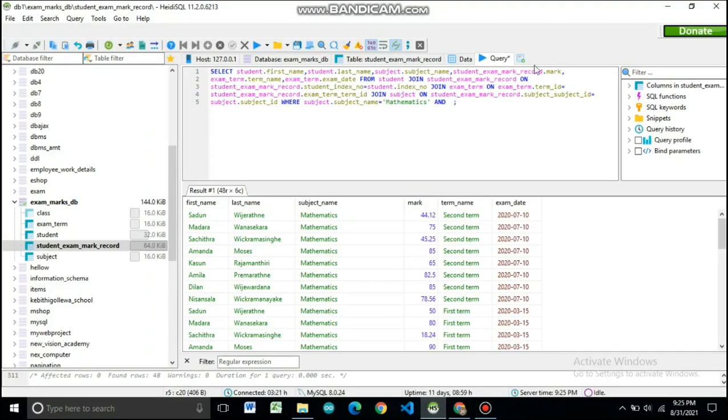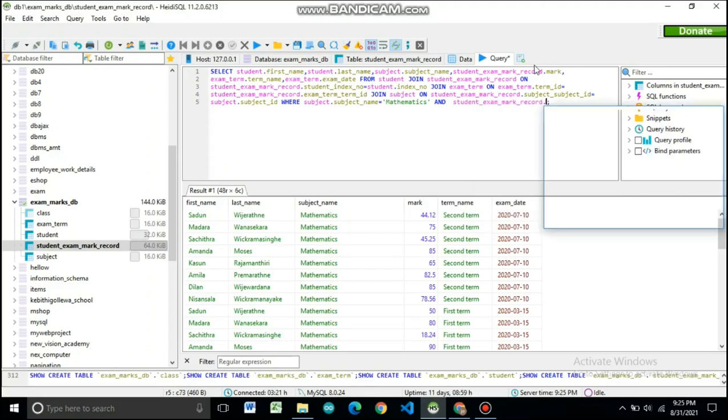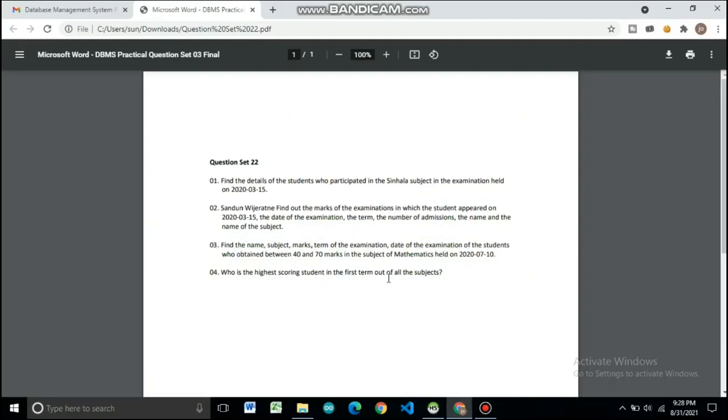So I need to type student exam mark record dot mark between 40 and 70, and the exam date should be equal to this date mentioned over here. I'll just copy paste that,